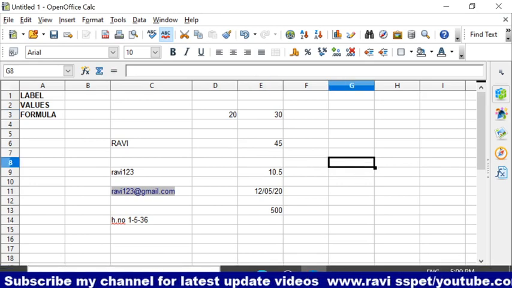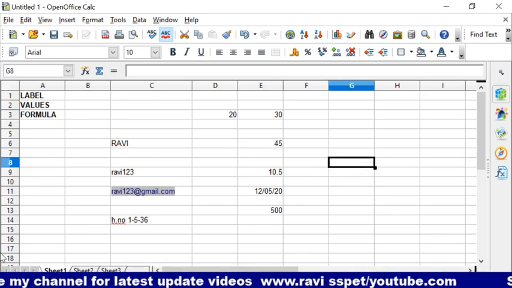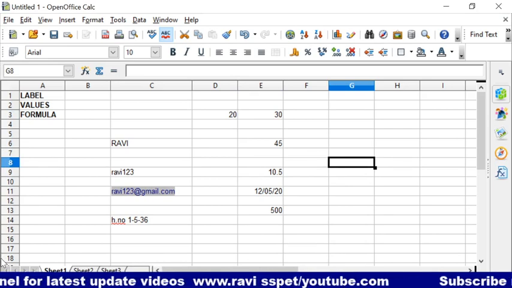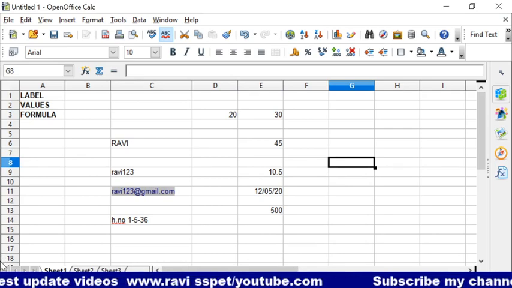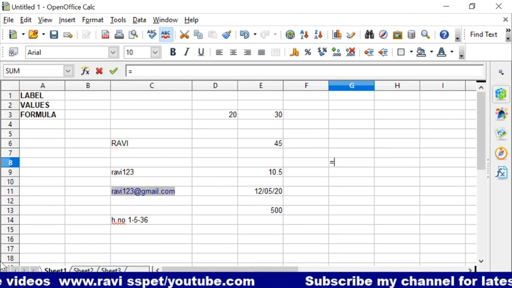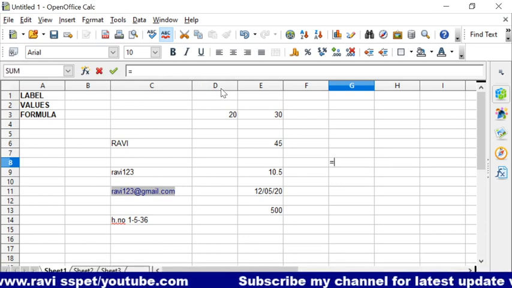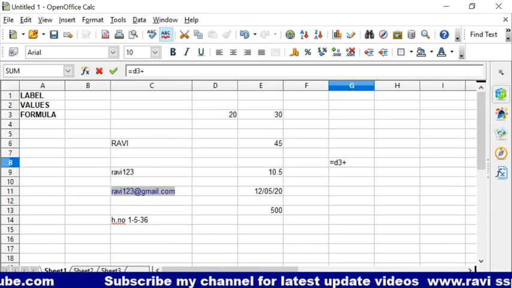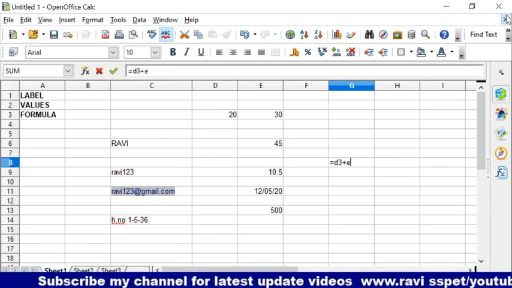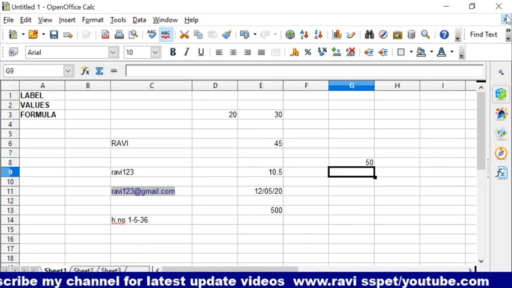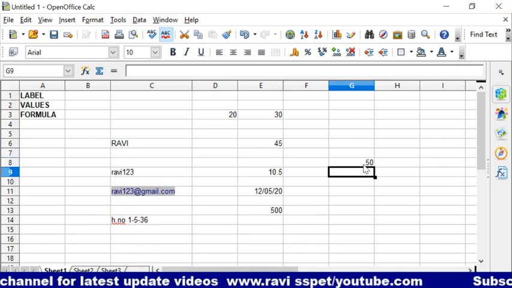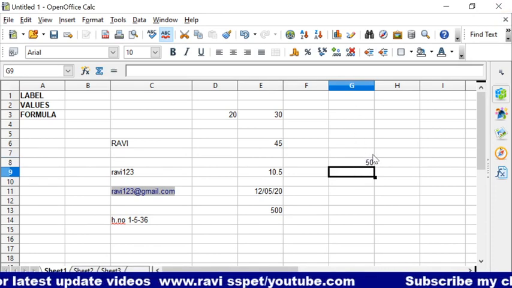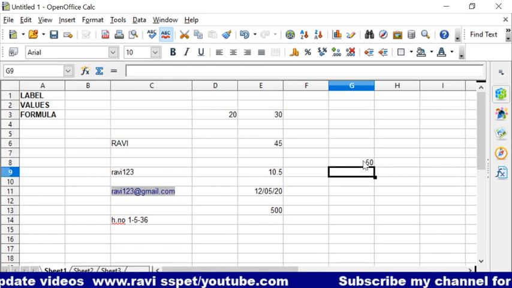For that we have to enter a formula. Any formula we have to start with the equal sign. So where is 20? In D3. So D3 plus, where is 30? E3. Enter.